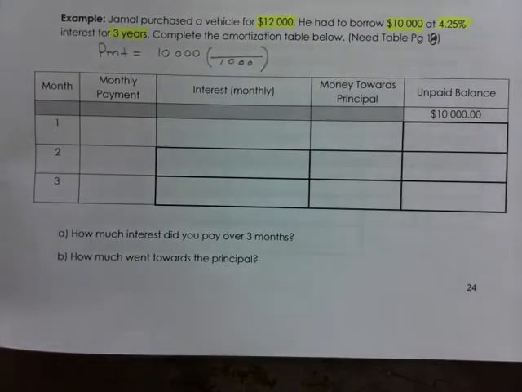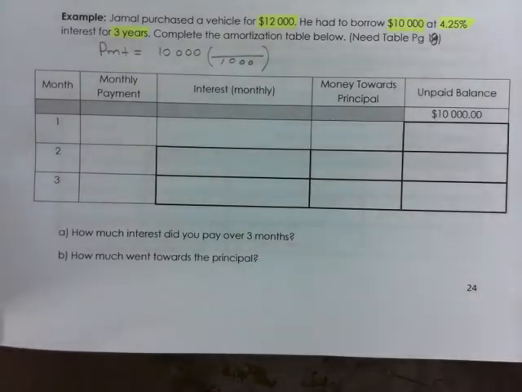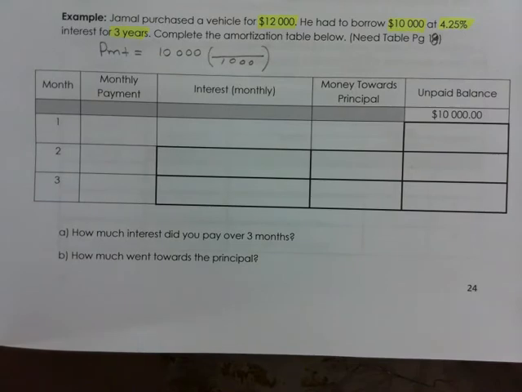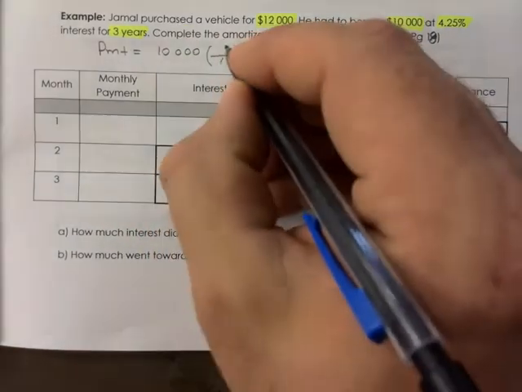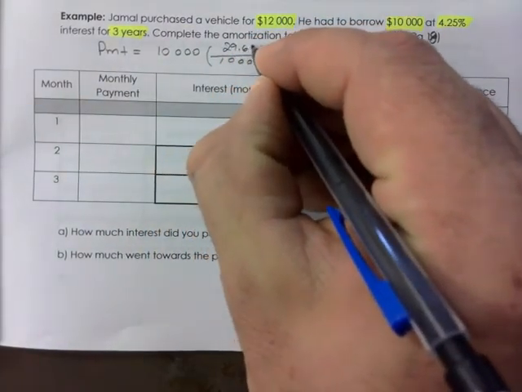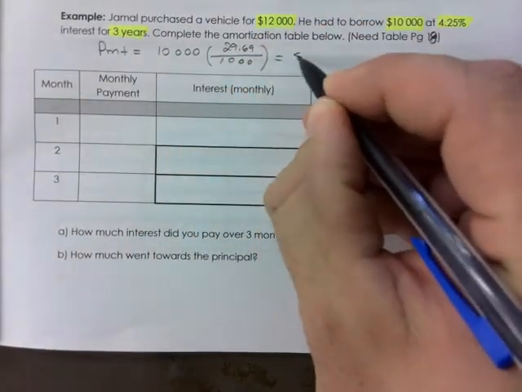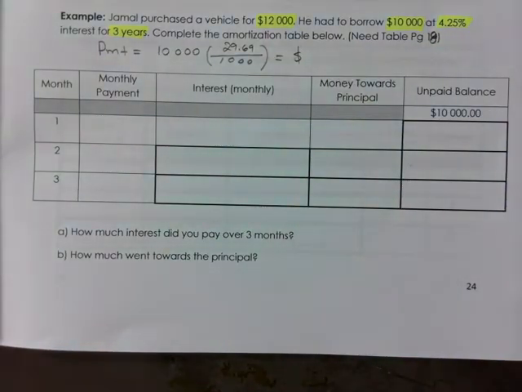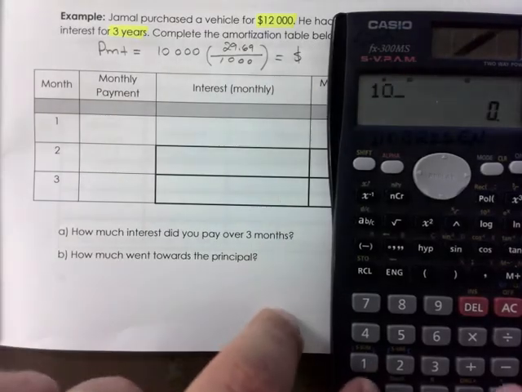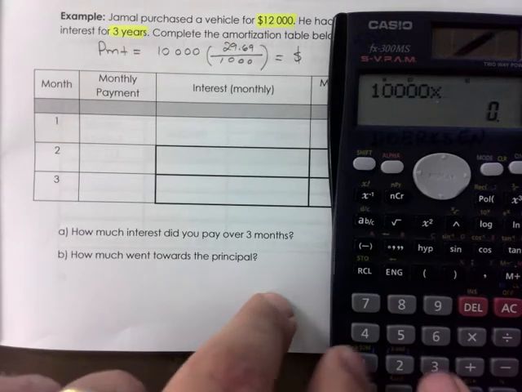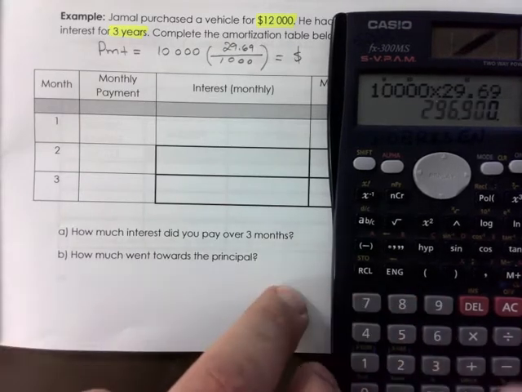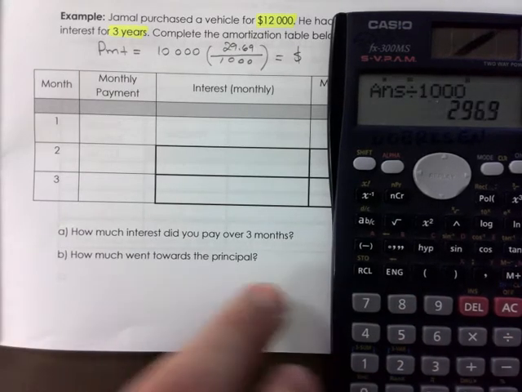You do it too, please, just to stay awake. 4.25% over 3 years: $29.69. Let's find the payment. 10,000 times 29.69, divided by 1,000,